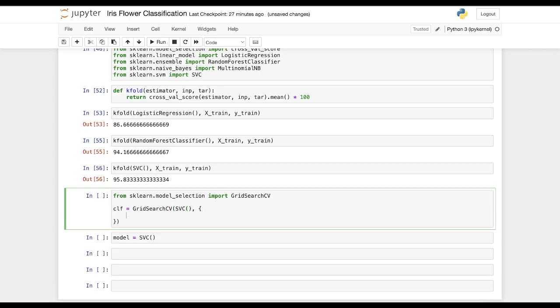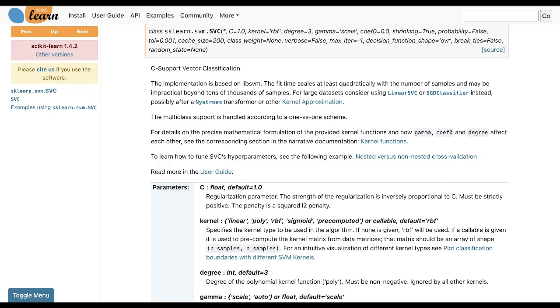The next thing is we will supply a list of values for hyperparameters, and it will tell us which hyperparameter value will give us the best accuracy. The hyperparameter in this case, as you can see here, is C, which is the regularization parameter, and you can also see that it must be strictly positive, so you cannot give any negative value here.